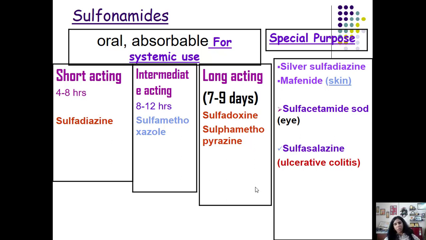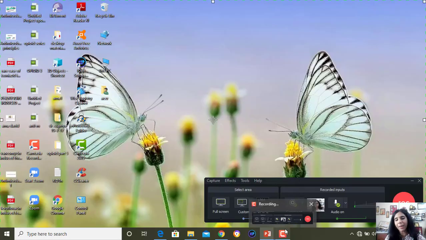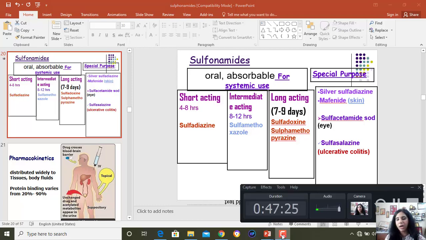5-aminosalicylic acid is going to take care of the inflammation in the colon, which is the trademark of inflammatory bowel disease, like ulcerative colitis. It's not the only drug which is available for ulcerative colitis. We have other drugs for ulcerative colitis also, and because it's an autoimmune disease, it has other drugs which we are going to talk about. The present lecture is not to deal with that, but I just want to tell you about the special purpose sulfonamides, students. So we will be recapitulating the other things later, and we wind up here for the first session. The second session is going to follow very soon.